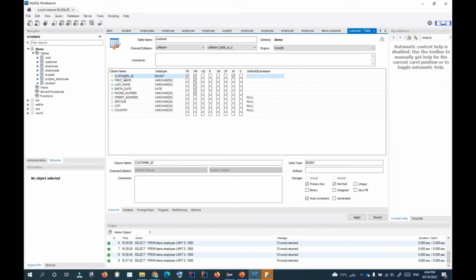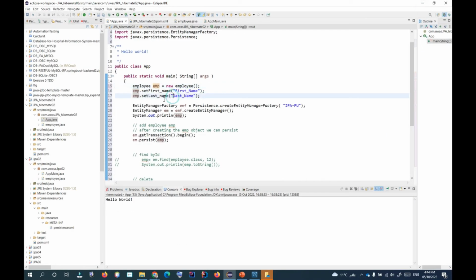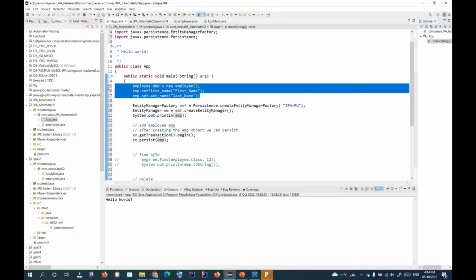based on the columns. So here is similar to this. It's auto-generated. So no need to add anything here. We just add the first name, the last name, and the other columns. So I just put 2 columns. So now after we create this object, what we need to do, we need to add this object